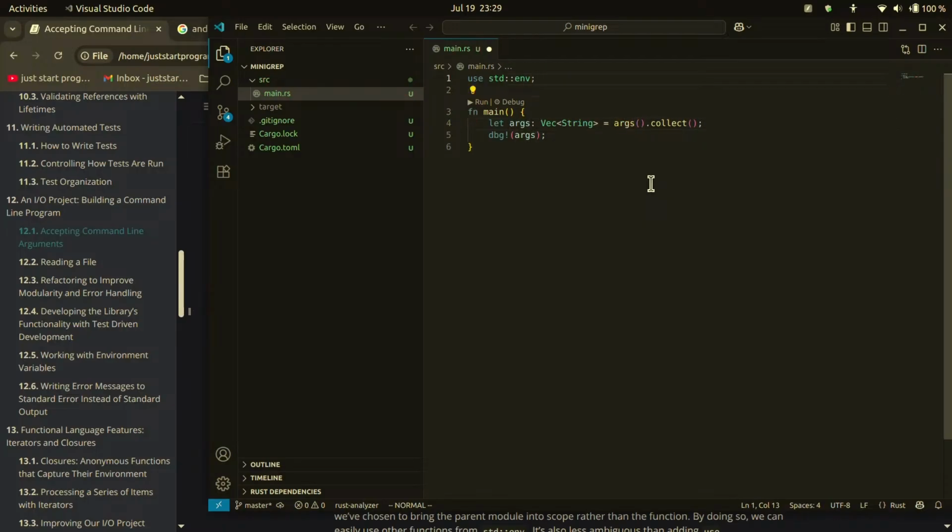Is it possible? Put args here, yeah. So we only have args here, and let args equal to